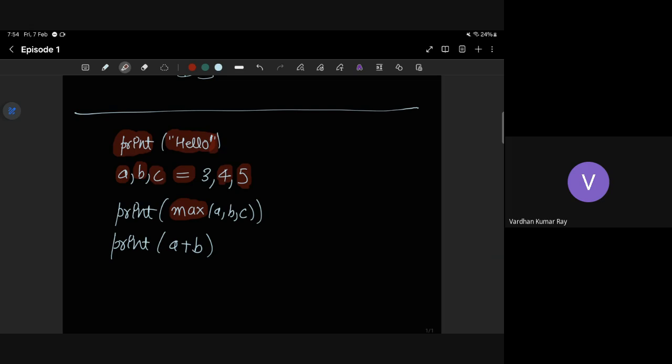In general, the English language has a lot of words, right? Which we match somehow to make a sentence, like the way I am speaking. Similarly, Python has these kinds of things. And here I have plus, right? So as you guys told me, keywords. What are keywords? They are words with special meaning.